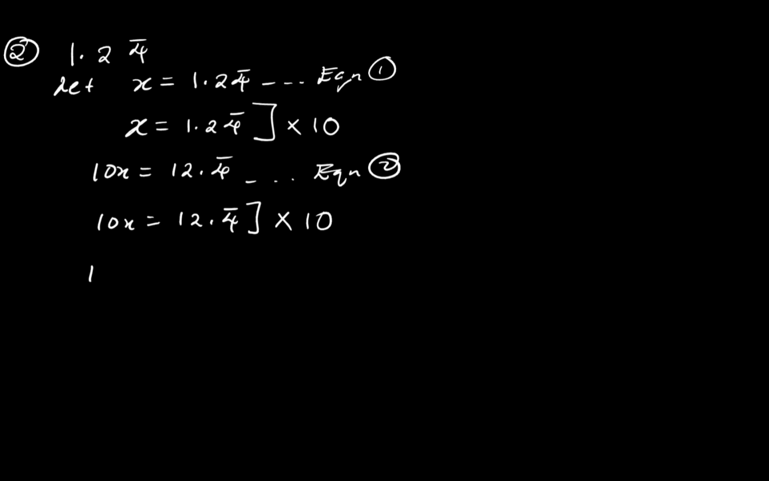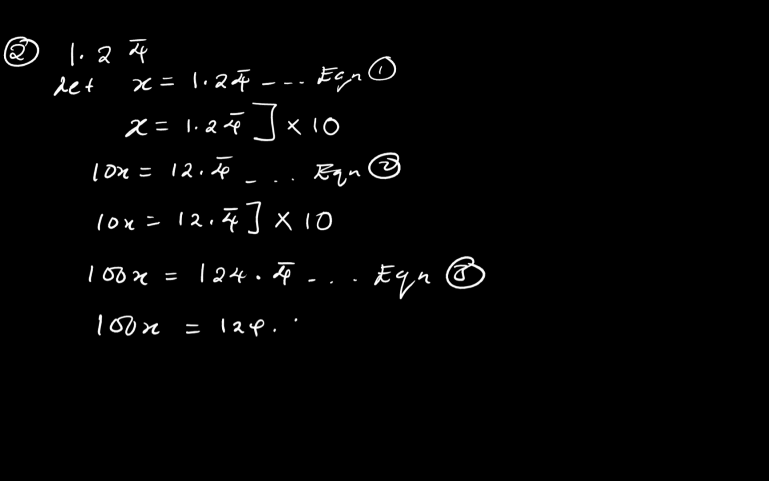So if I multiply by 10, I'll be having 100x being equal to 124 point. I have to repeat the repeating number because it keeps on going. So this will be 4 bar. And this will be equation number 3. So you subtract the previous equation from the final equation. So here the previous equation is equation number 2. The final equation is equation number 3. So I'm going to be having 100x being equal to 124.4 bar, that I'll subtract 10x from it, which is having